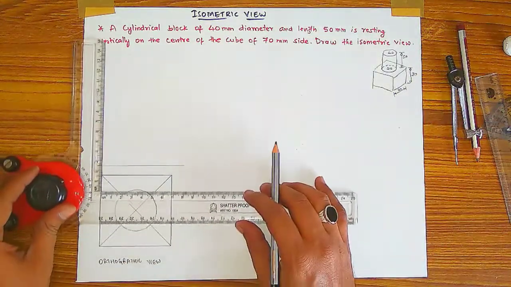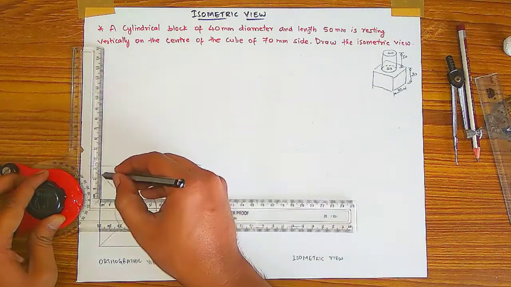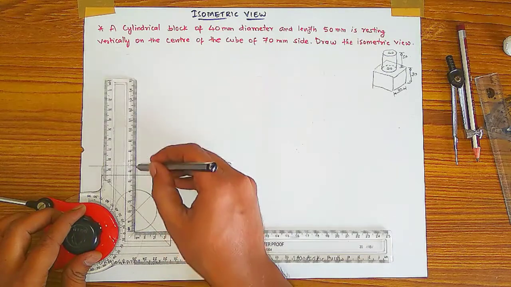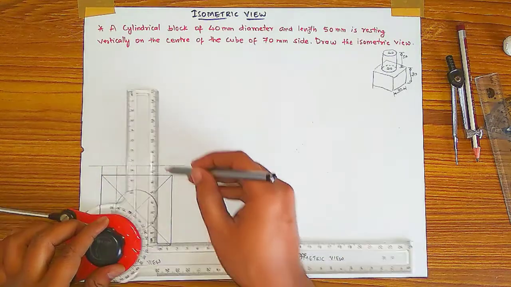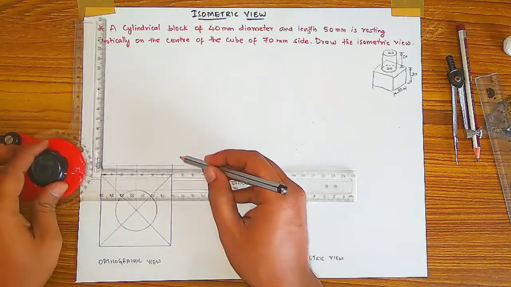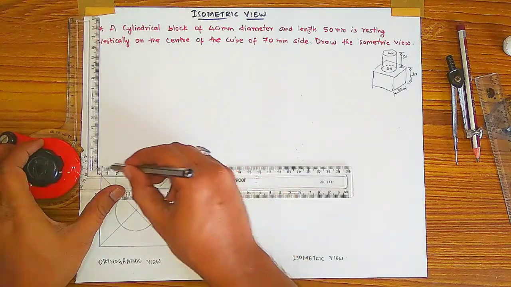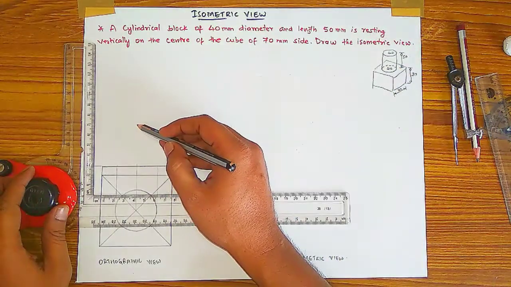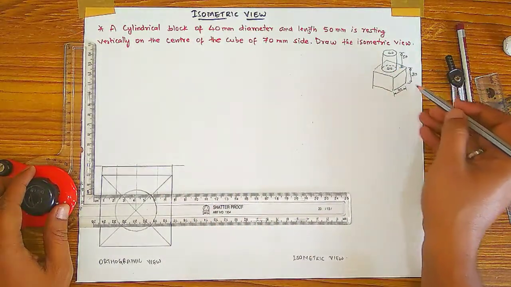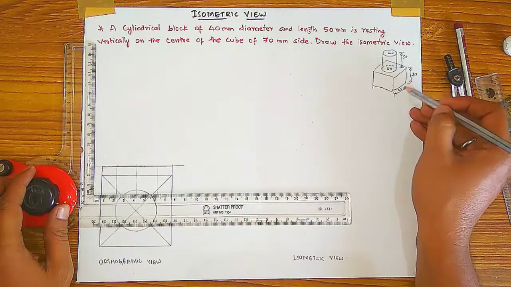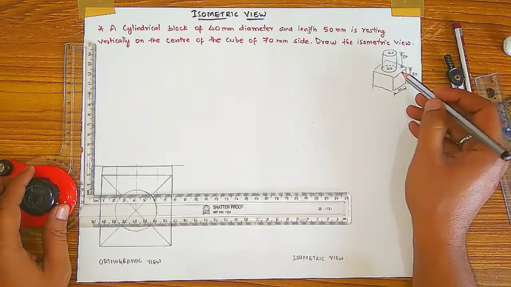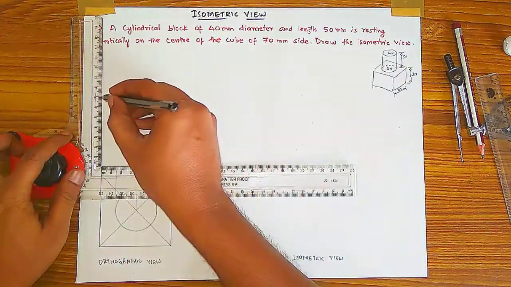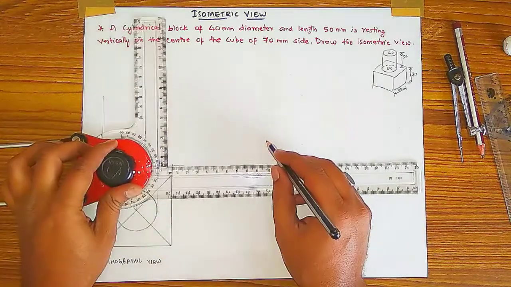After drawing the top view, you have to draw the projection lines till this XY line like this, from each end of the figure. Then darken the remaining lines you get, and then here we have to draw the front view. If you see this figure from the front, this cube is visible as a square, so of 70 only. So first we have to draw this cube of 70 mm like this.